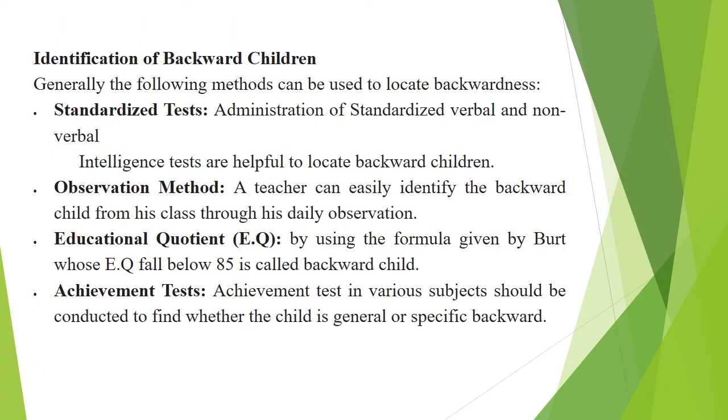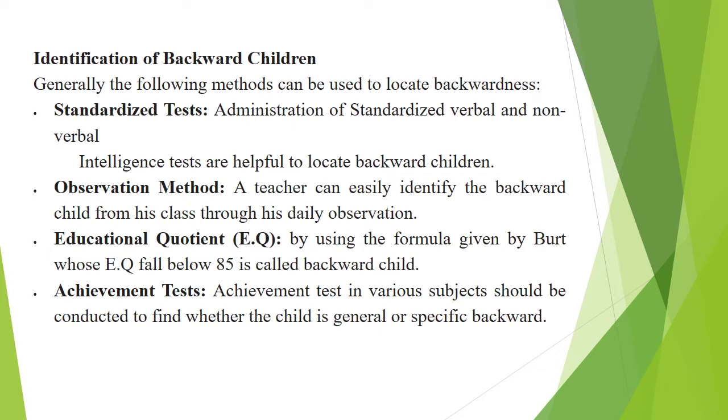Identification of backward children. Generally, the following methods can be used to locate backwardness. Standardized test. Administration of standardized verbal and non-verbal intelligence tests is helpful to locate backward children. Observation method. A teacher can easily identify the backward child from his class through daily observation. Educational quotient, that is EQ, by using the formula given by B.Ed, whose EQ falls below 85 is called a backward